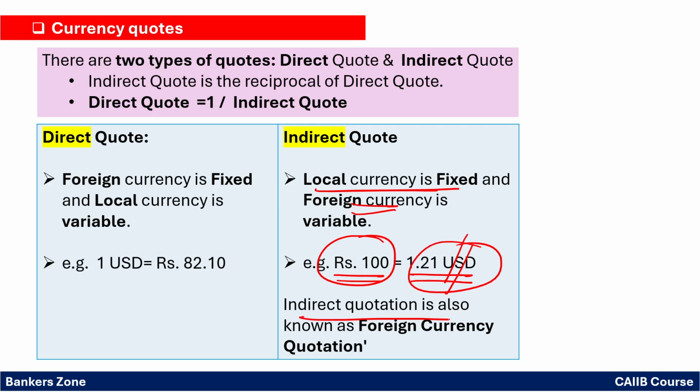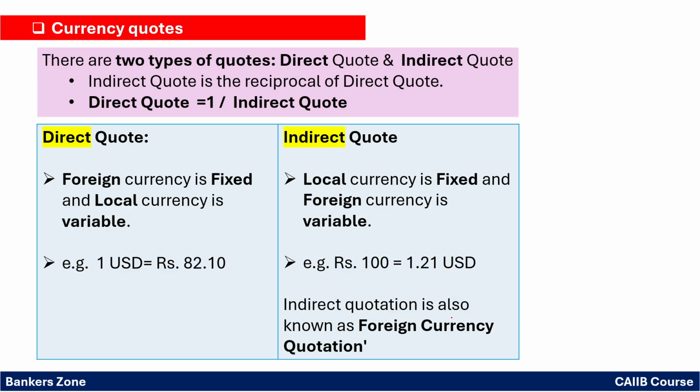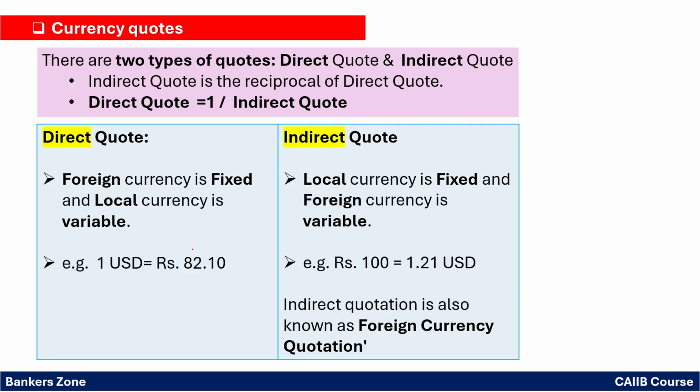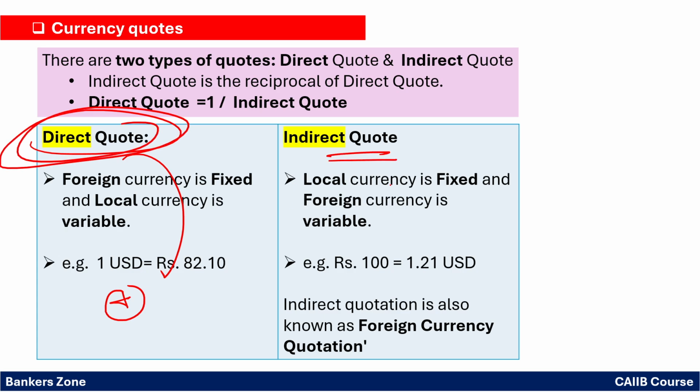So indirect quotation is also called the foreign currency quotation. You simply remember, it is very important from the exam point of view again. Direct quotation is $1 is available at 82 rupees. Indirectly, we have 100 rupees and you can offer only 1.21 US dollars. Like that you have to remember, okay? Most of the time in the examination, the problems will be based only on the direct quotation, so do not worry about the indirect quotation. India also currently follows the direct quotation method.